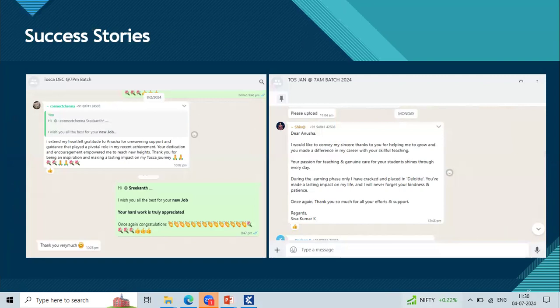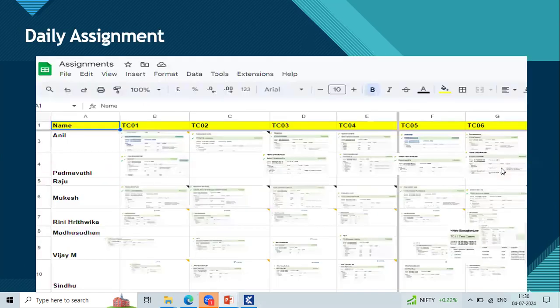Coming to here, team, as I said earlier, these people are going to support you. They were placed in a couple of MNC organizations, so that is the reason I mentioned this note here. This is the 7 batch and this is the December batch, but they got placed in more than 2 or 3 companies. I just captured screenshots here. I have a number of people's details, but I captured only 2.